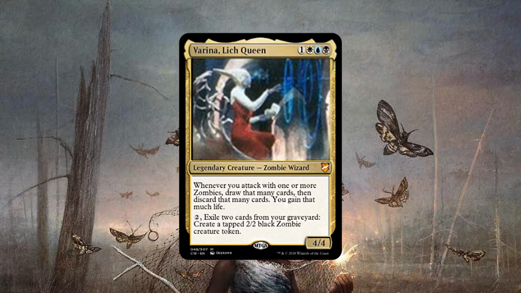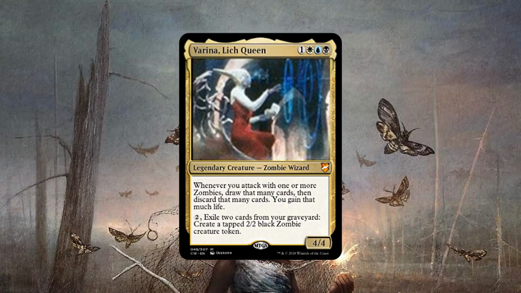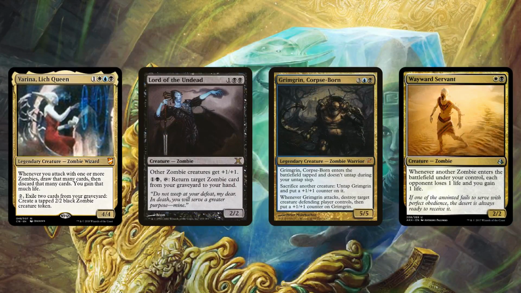and then you can pay 2, exile 2 cards from your graveyard to make a 2/2 black zombie, and then you have that zombie that is able to attack the next turn because it does enter tapped, and then draw more cards, do more looting, gain more life. So the big thing about Verena is, if you look at the history of zombies in Magic, they